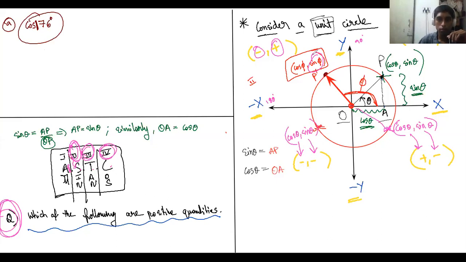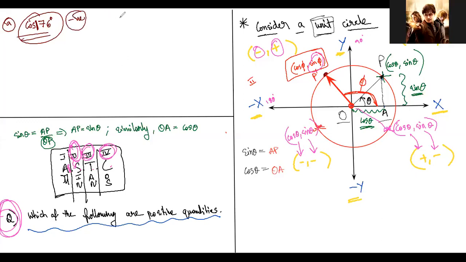Okay. So let us see who raised their hand. Ashmita, can you tell? It will be negative. Negative, very good. Why? Because it will turn out to be in the second quadrant. Okay, so this is negative. Second question. Sine of 446.